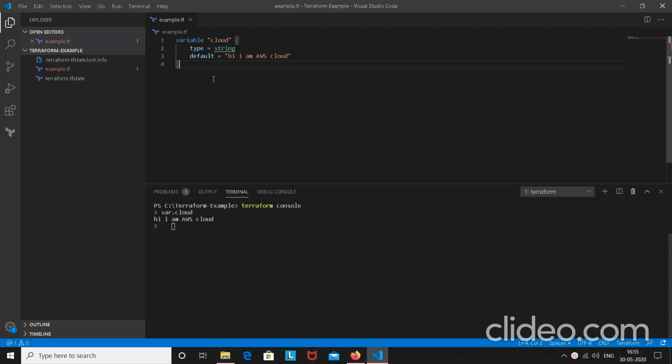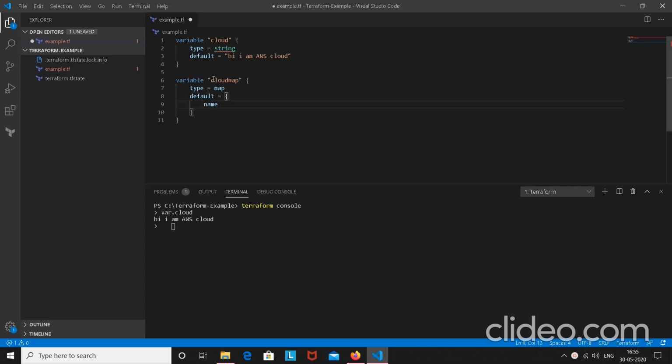Similarly, there are a few more variable types. Another one is a map. Again I am declaring a variable. Let's say I am going to give this name as cloud map. The type will be map and the default value. Now map is a key-value pair, so I need to provide both key and value.